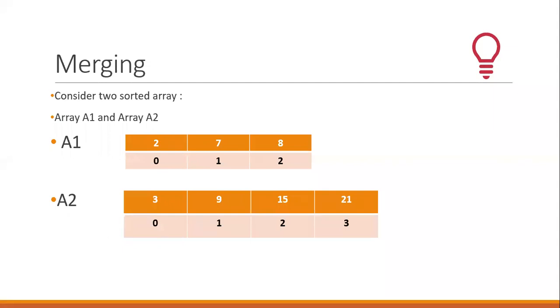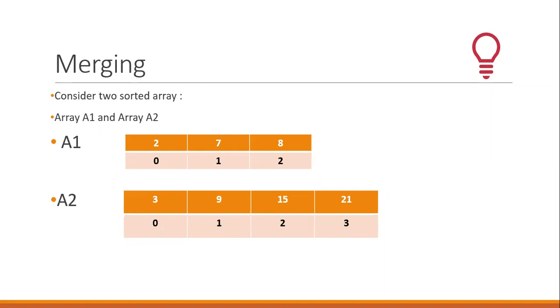Now, students, over here in array 1, what is the upper bound? Upper bound is 2, because this is a smaller array having indices 0, 1, 2. But what is the upper bound of array 2? 3. So one important thing is that when you have to do merging, it is not necessary that both the arrays should be of the same size. They can be of different sizes. Of course, the lower bound of both arrays will be the same, that is 0. But the upper bound can be anything depending on the size of the array.